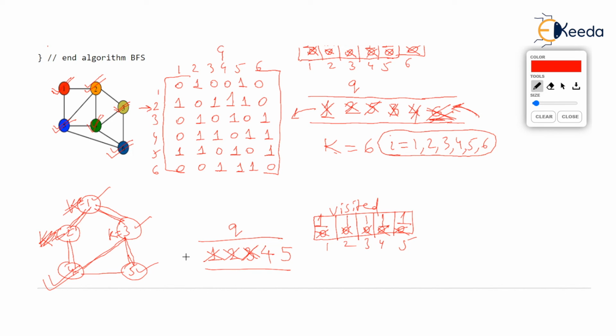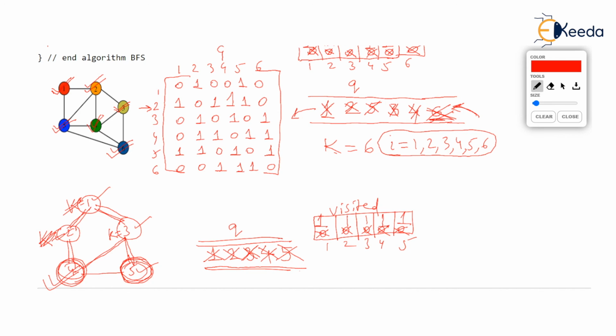Now when we go back to while again, 4 is deleted, 4 is printed, but on checking who are the neighbors of 4, we don't get any new vertex, isn't it? So for 4, there is no new entry in the queue and we go back to while again. The while loop will then delete 5 and print 5. But after printing 5, when we check the neighbors of 5, there are no new neighbors which are yet to be visited, or everything is visited rather. So now when we go back to while, the queue is genuinely empty. You can check the queue is empty here.